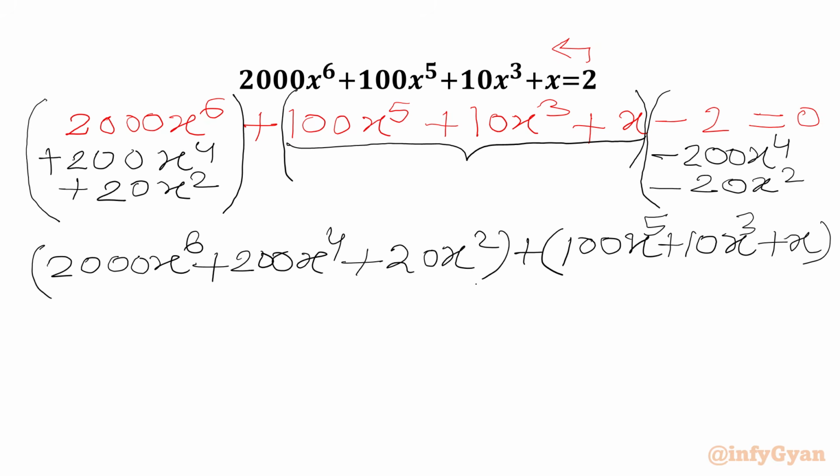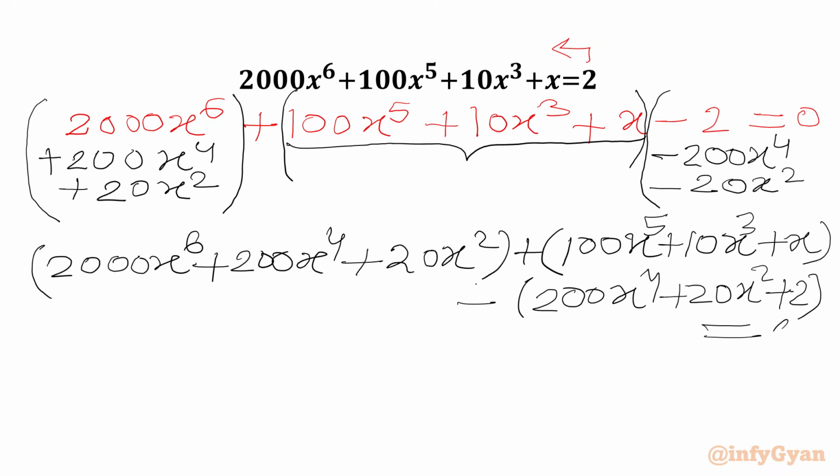Then we will take minus common out. In the bracket we will write 200x power 4 plus 20x square plus 2 equal to 0. Now we can take 20x square common from this bracket, x common from this bracket, and 2